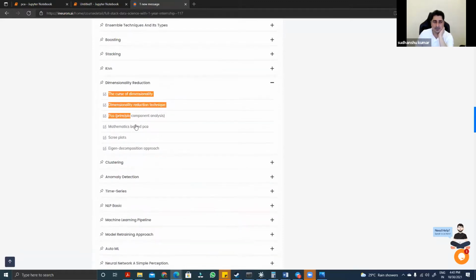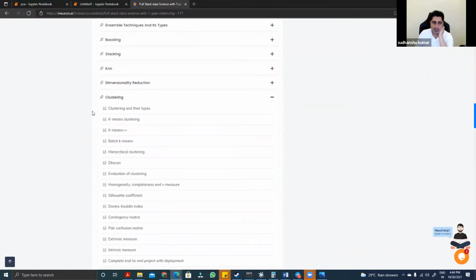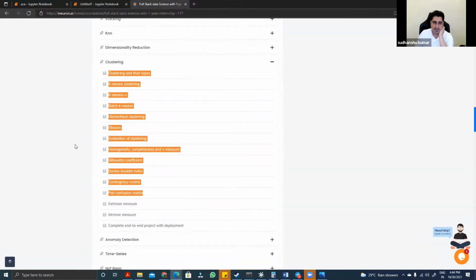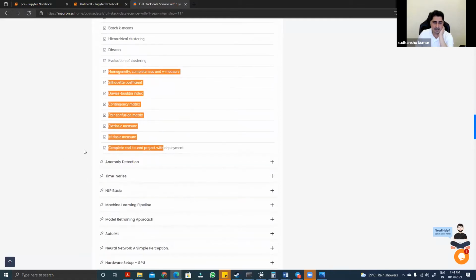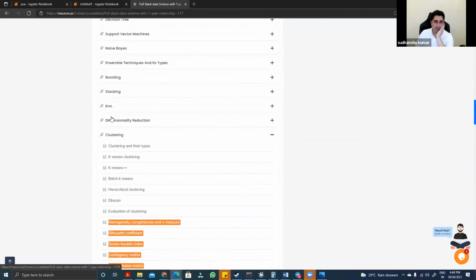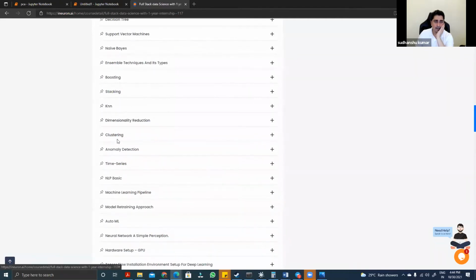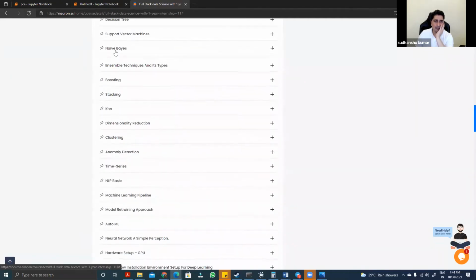Dimensionality reduction. So PCA, we have discussed singular value decomposition, what is a scree plot, what is an eigenvalue decomposition, what is PCA. We have discussed clustering, so K-means plus plus, HC, and DB scores, right? So we have discussed. Let's try to talk first of all about naive Bayes, which is